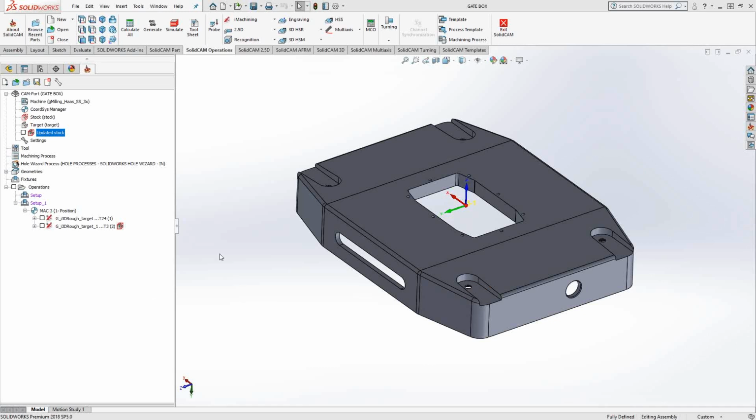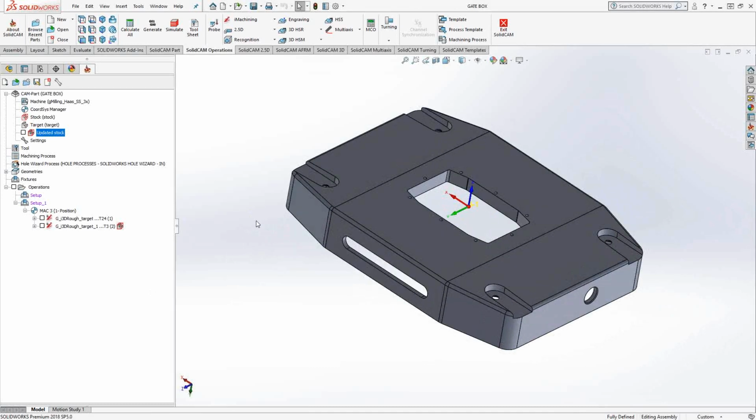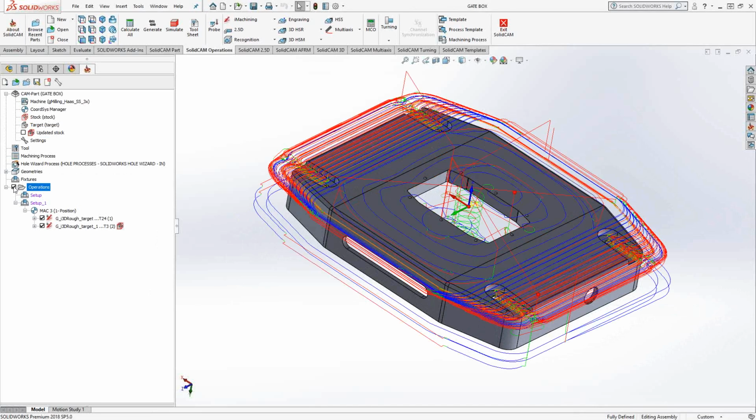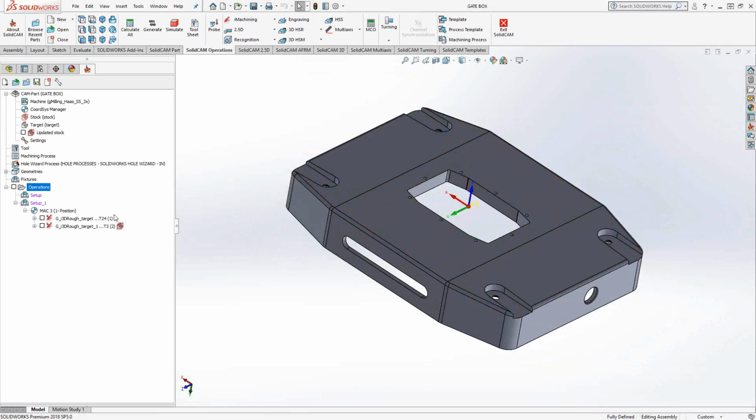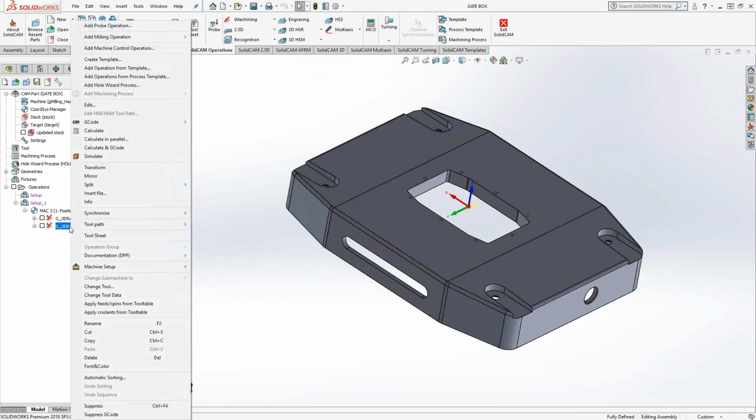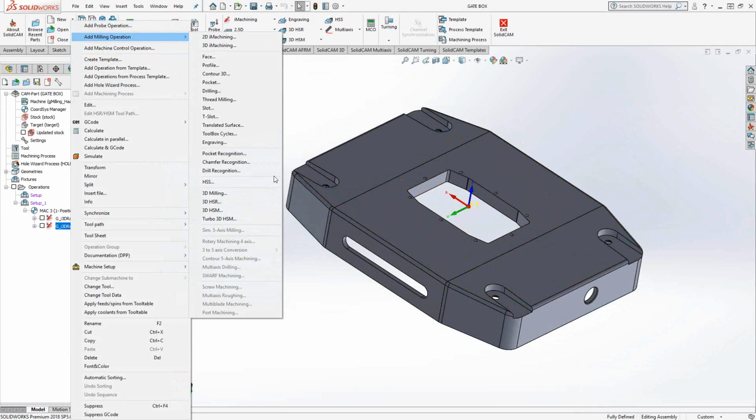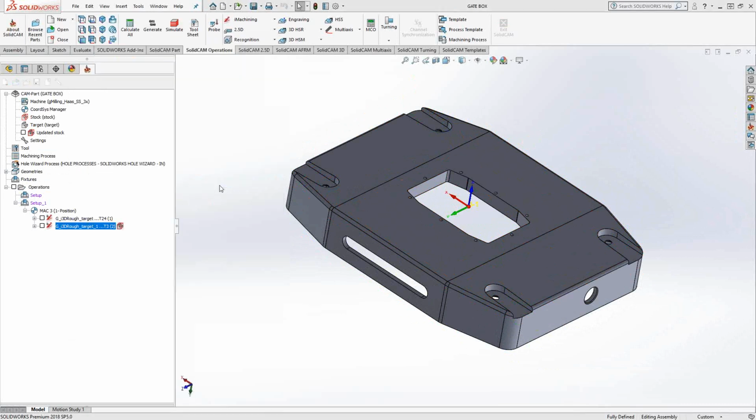So on this part, I'm actually working on the backside here, and I've got a couple of tapered faces here that I need to do some 3D work on. I've actually already roughed them out using my 3D eye machining, something that we saw in video 9 of this series. So I've already machined all that out. Now I need to just finish those faces up. I'm going to use a ball mill to finish those up, and I'm going to use HSS. So I'll just go to add milling operation, HSS,